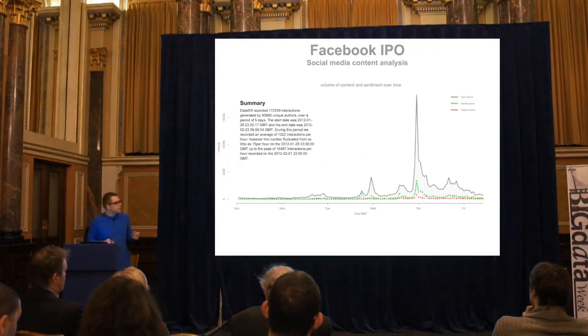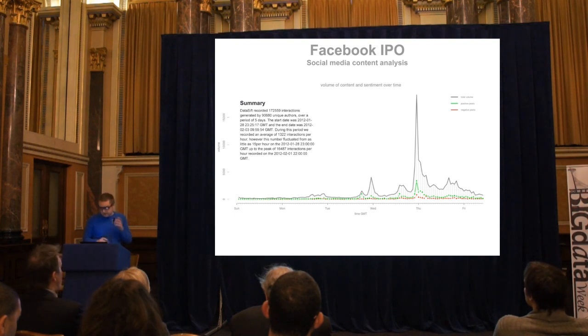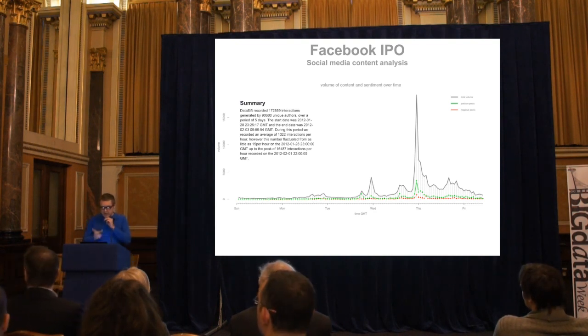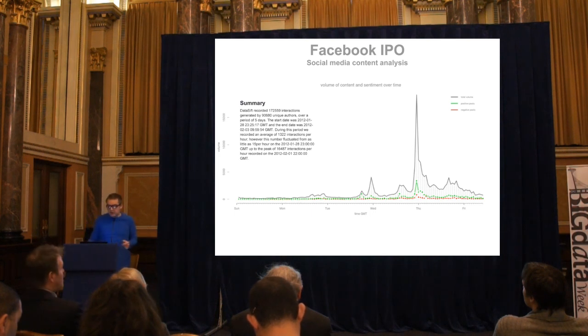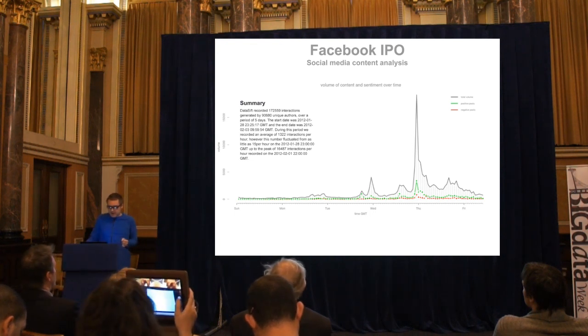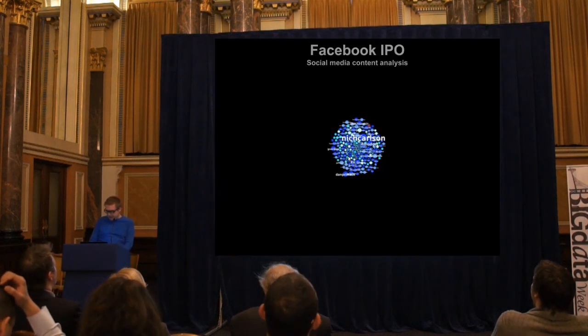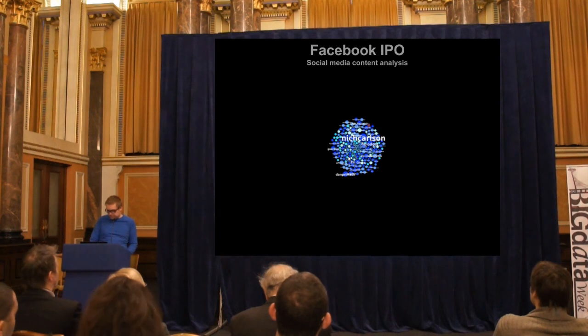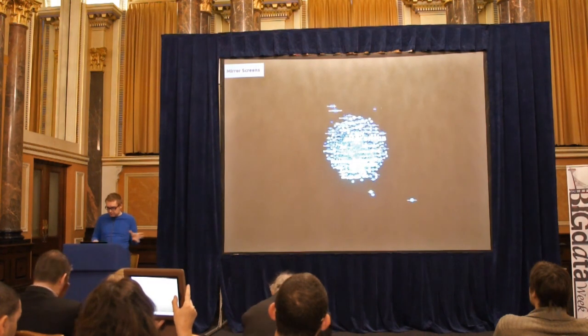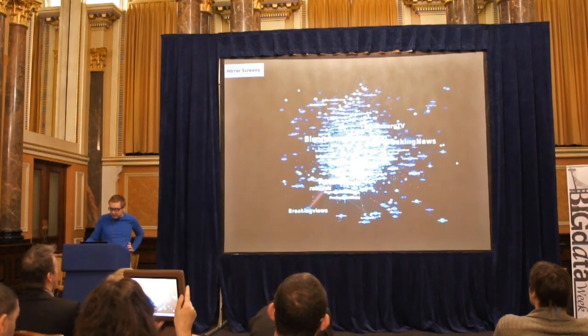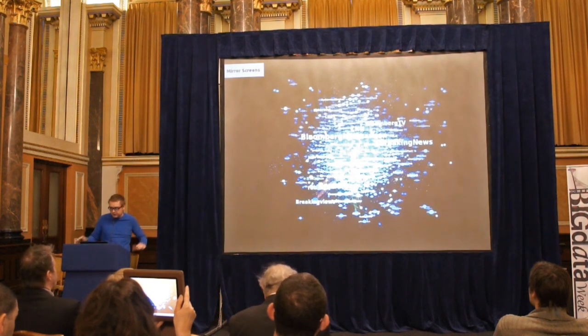And one more thing I wanted to show, it's also one of the network graphs, a bit of a background. That was the news when Facebook was announcing that it's going to the stock market, and the big spike, obviously, is the moment when Mark Zuckerberg announced the letter to the potential investors. So we were looking at what was happening around this time. And obviously, Facebook has much more coverage on social media than Research in Motion. But this is the traffic which was happening before he announced the official news.